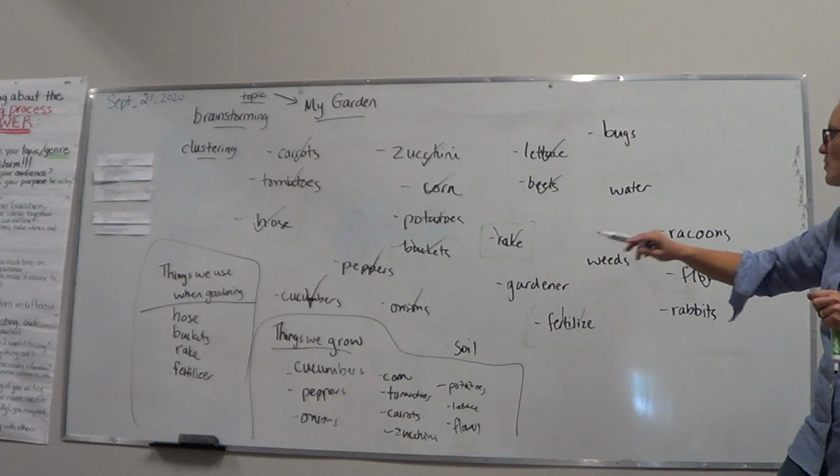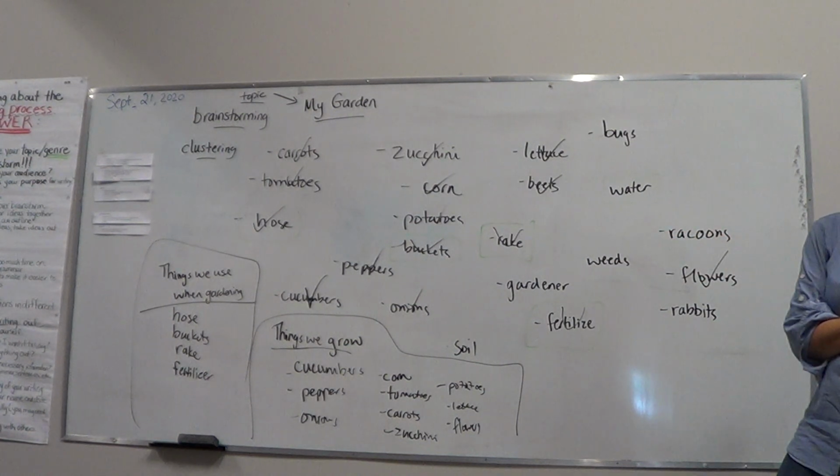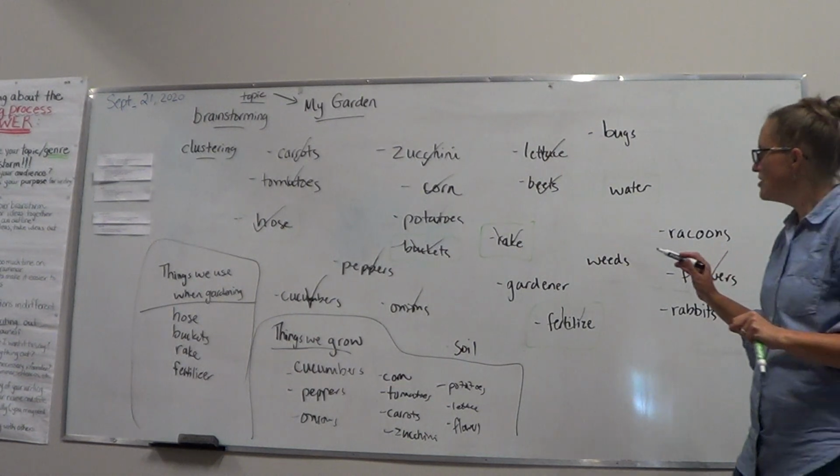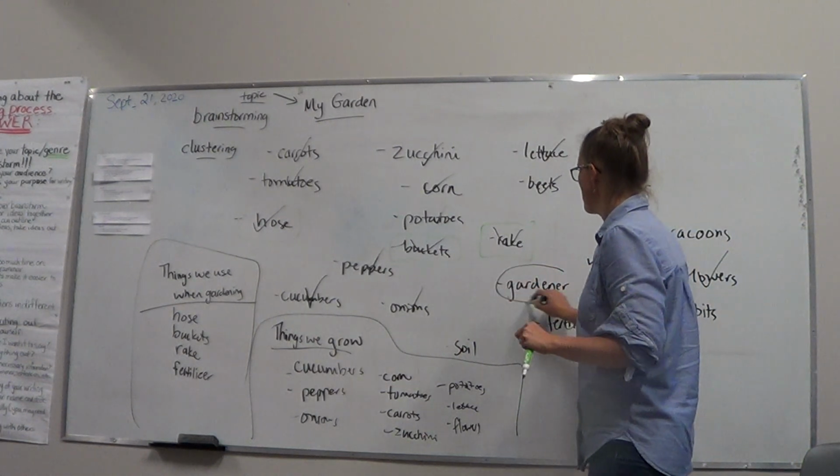Rabbits, weeds, soil, and gardener. Bugs. Okay. Soil is something we do want, and also the gardener, but the bugs, weeds, rabbits, and raccoons we don't want in the garden. Okay. So what if we take the soil and the gardener and we just put a circle